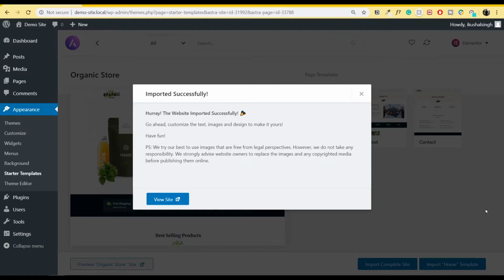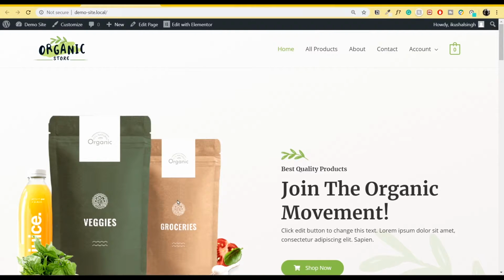So once the website is imported successfully, you'll get this prompt. Now let's simply go to view our site in action. I'll just click on where it says view site. So this is our website live, and the header is looking just fine out of the box. However, we'll be changing it a little bit. Now this, whatever I'm showing you, can be done from a blank website as well. I just wanted to have some content available so that it was easier to view.